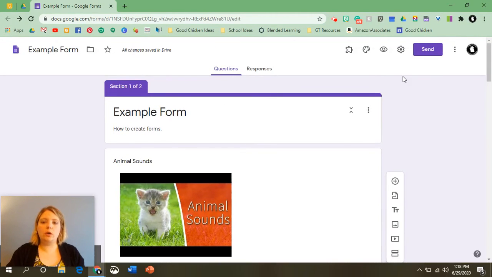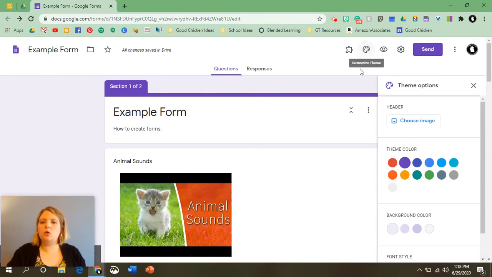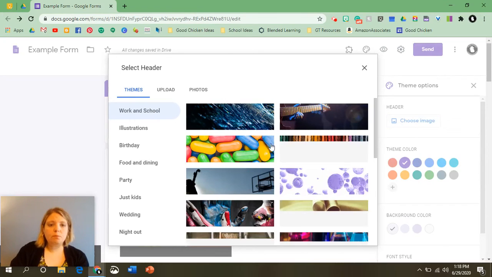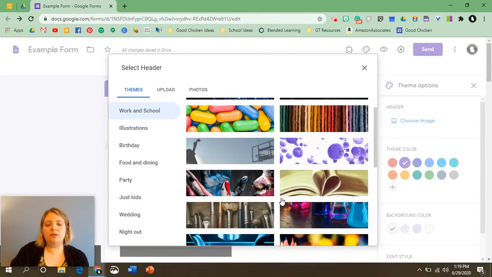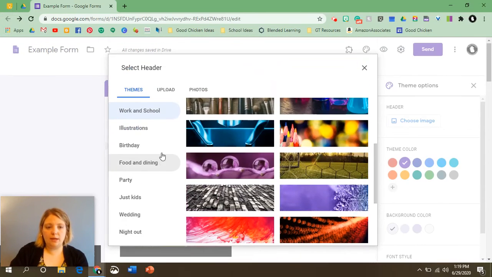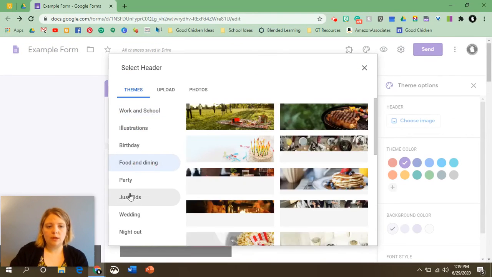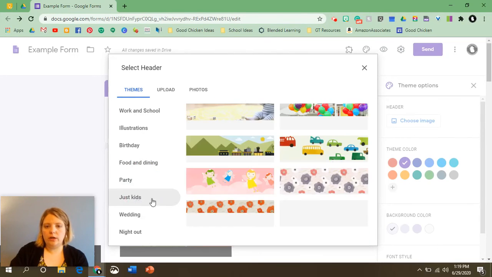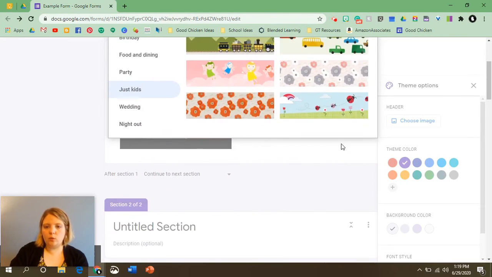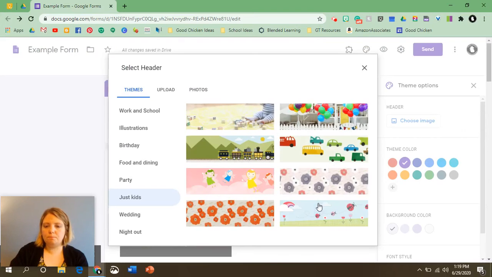Now we're going to take a quick look at how to customize your form and how to make it look a certain way, because this is the generic way it looks when you open it up. We're going to go here to the little art palette, and it says theme options, and this allows you to do some customization. You can go to choose image, and they give you all these different types of images you can pick from to add to your form. If you find one you like, you can just click on it,